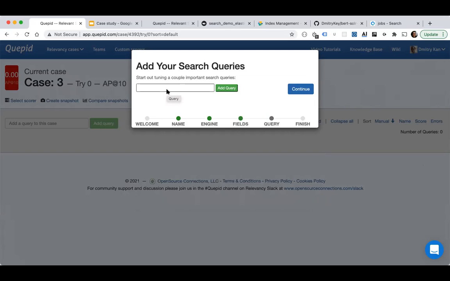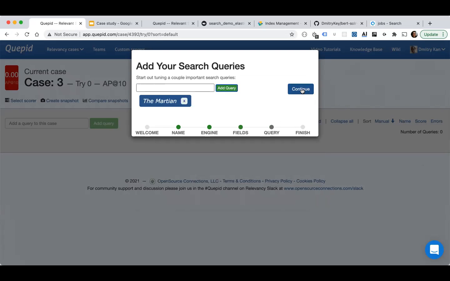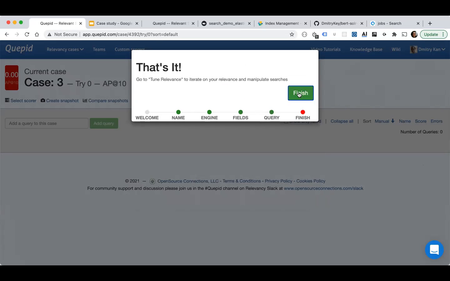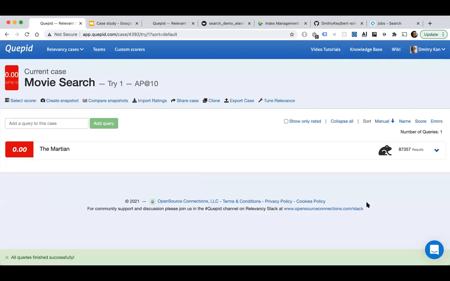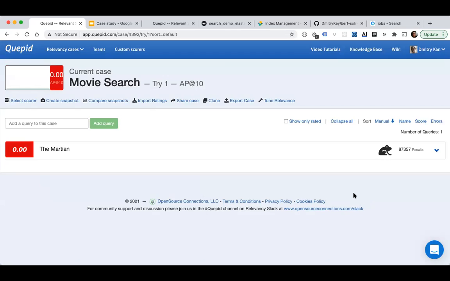And here I can add a query. So I will add a movie called The Martian. Okay. I press continue here, and I press finish. Okay, cool. So what it did is create my case analysis called movie search. And I have a query called The Martian. That's the movie. And you can see that there are